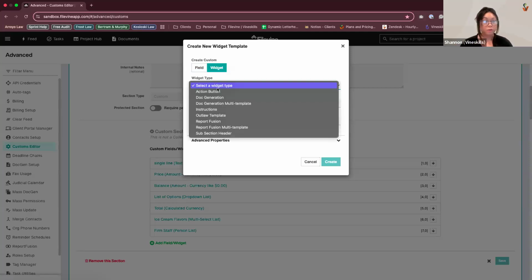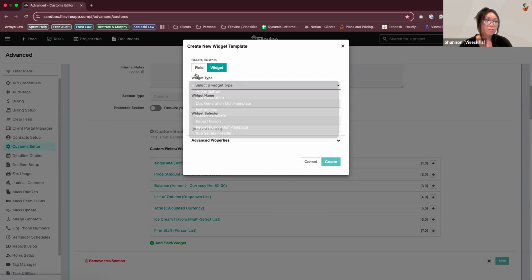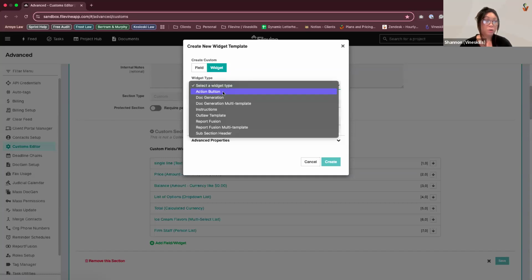There are a few ways you can approach it. The first way, which I don't believe we'll get the chance to really touch on today, is phase-based task flows, which I think would potentially be a way to streamline that process and assign certain tasks to certain members. But you did mention once one staff member handles their task and triggers the task to someone else. So I think if we go to widgets, the best course of action here,